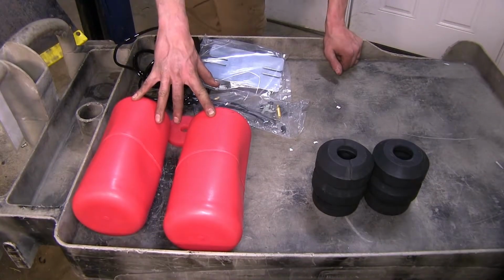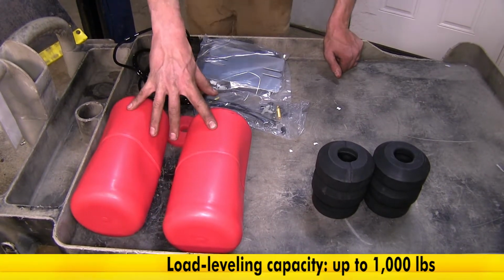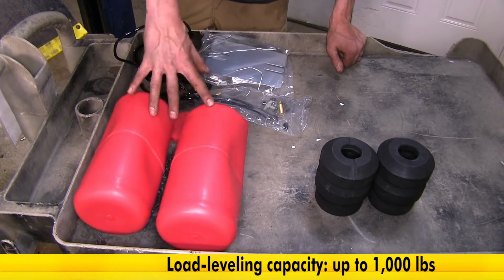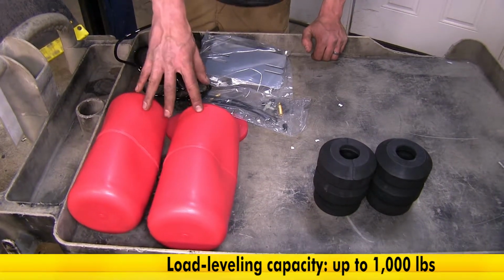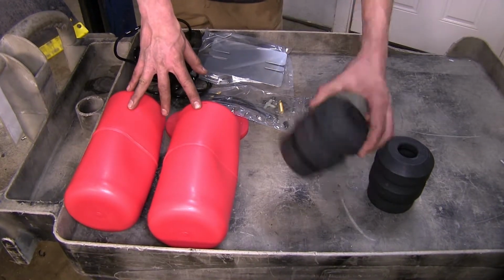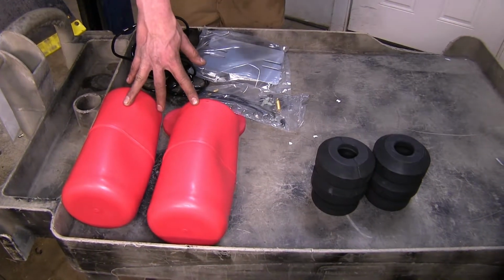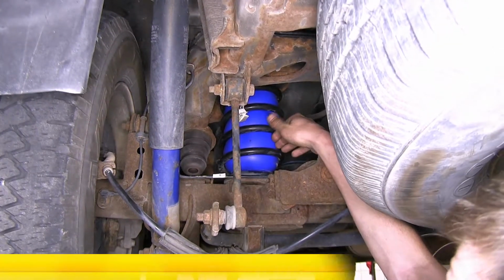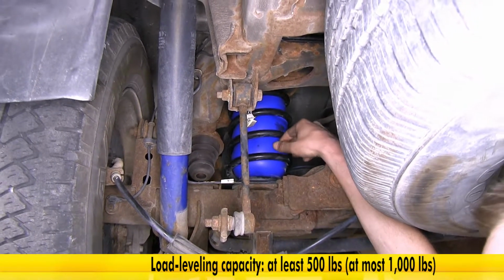Now, our Airlift 1000 air helper springs, they will support up to 1,000 pounds of load in the back of your cargo area, or if you have a heavy tongue weight trailer, these will help support that as well. These won't give you an extra 1,000 pounds, just like our Timbrens here won't give you an extra 6,000 pounds. Those help with that level ride height. Now, our Firestone Coil-Rites that we have here, they will support anywhere between 500 and 1,000 pounds depending on the